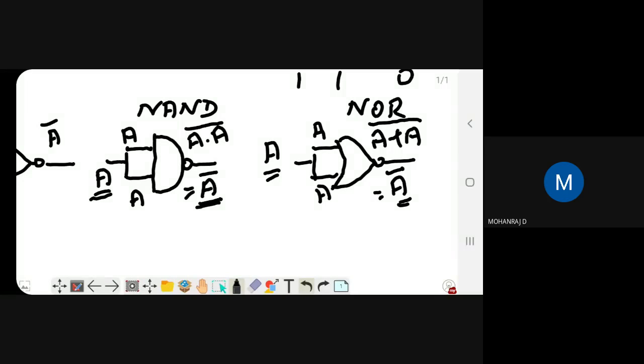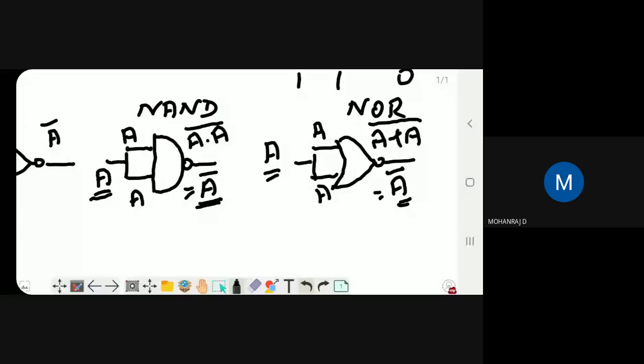Okay. So what you are going to do in your NAND and NOR operation is nothing but replace the NOT gate. Wherever you have a NOT gate, you just replace it by either a NAND gate or a NOR gate according to the question. Okay.